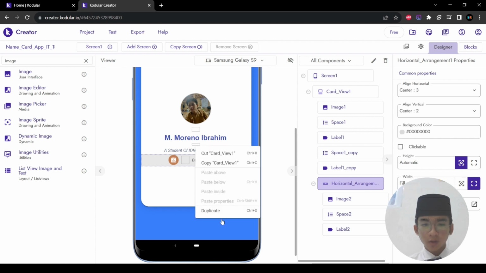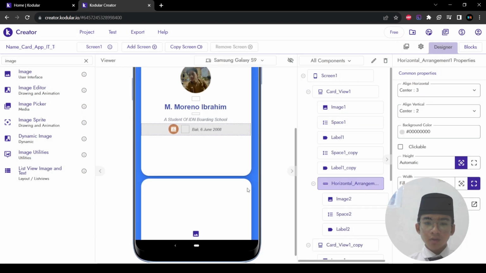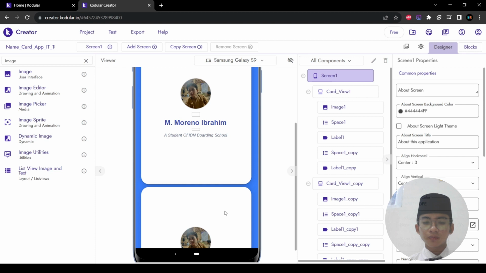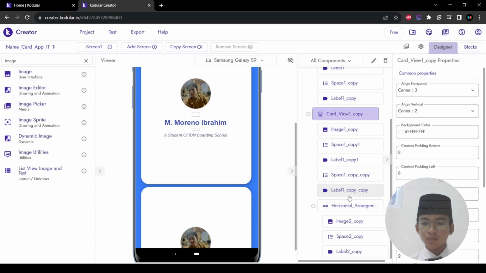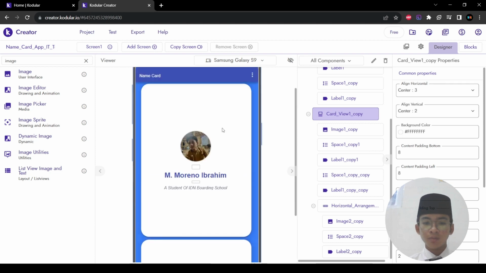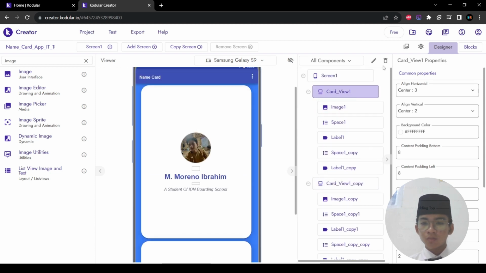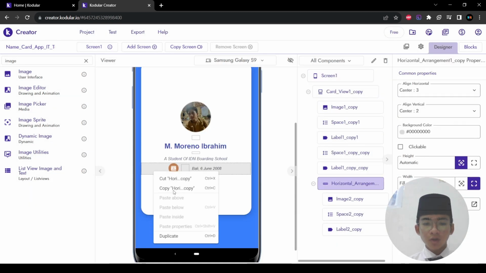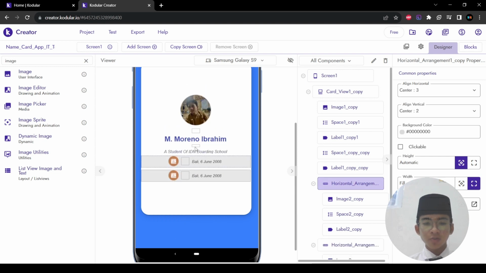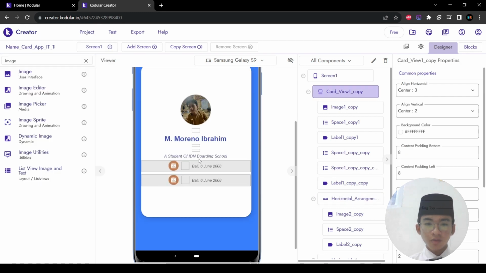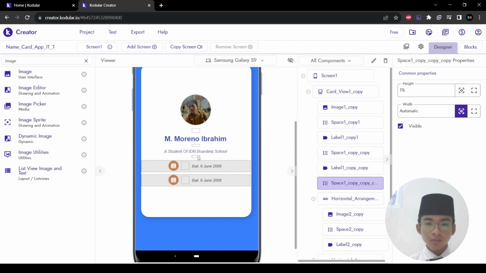You can add another space below. Oops, that's wrong. Oh no, wait. Oh, this one. So you can duplicate this horizontal arrangement and you can add another space between all of the components, and duplicate again,